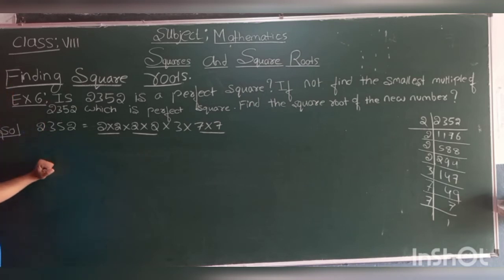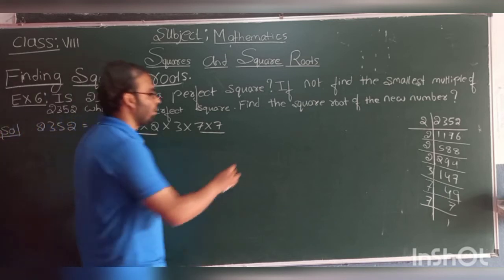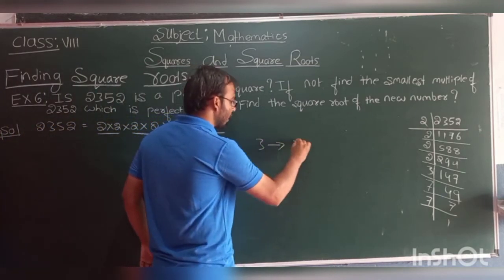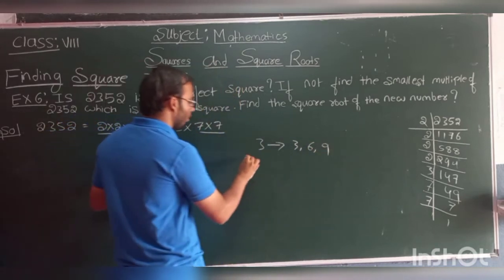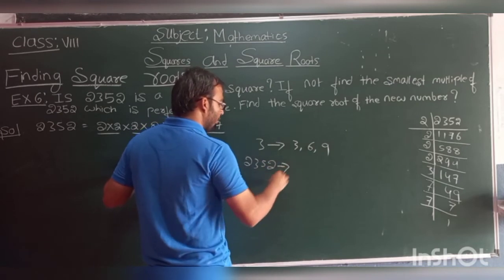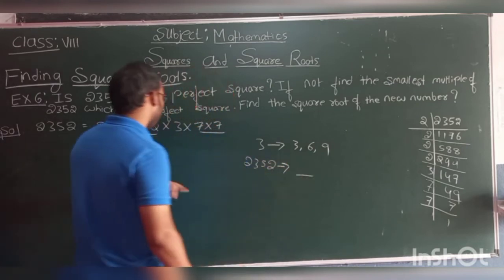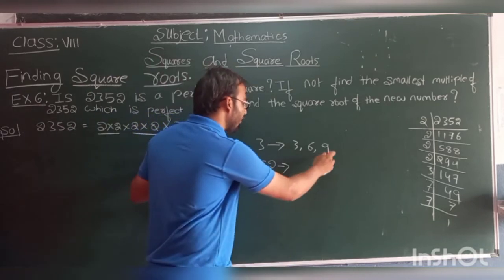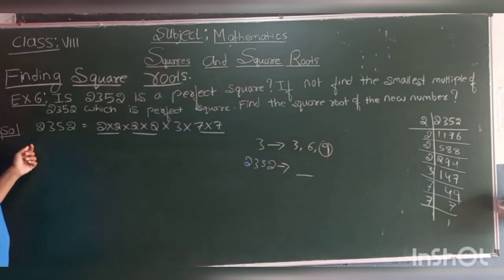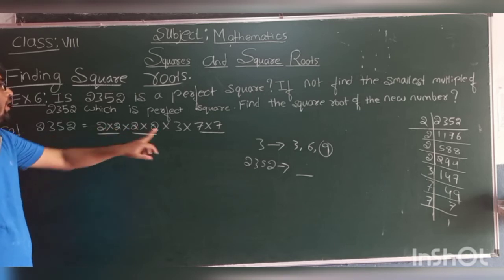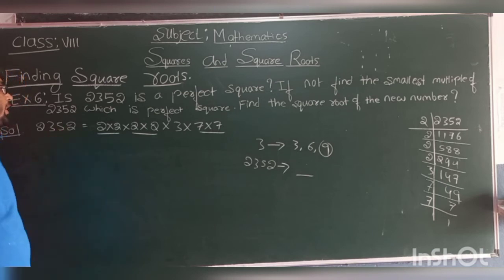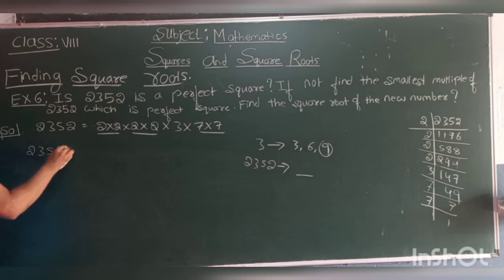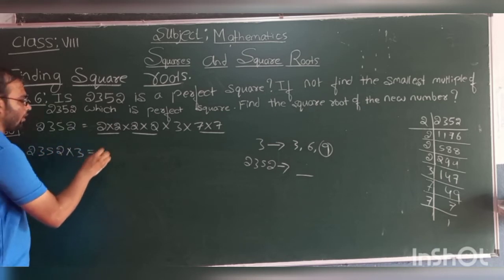So now what we need to do is find the multiple. Like here, 3 1s are 3, 3 2s are 6, 3 3s are 9. In the same way, we need to find the multiple of 2352 like 9, which is a perfect square. To get the multiple, look here, students. If 3 gets a pair, then the number formed will become a perfect square. So here we will multiply the number by 3. 2352 into 3 equals